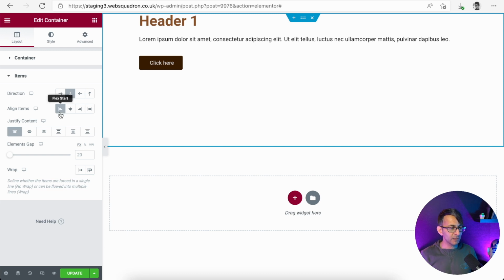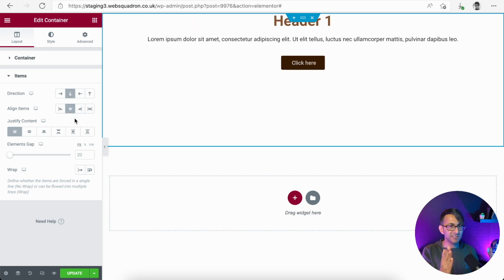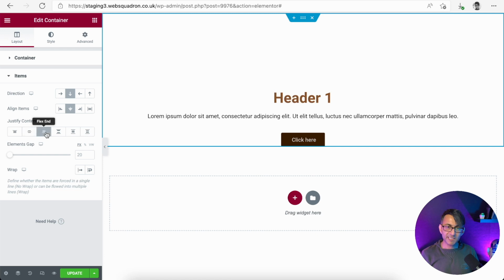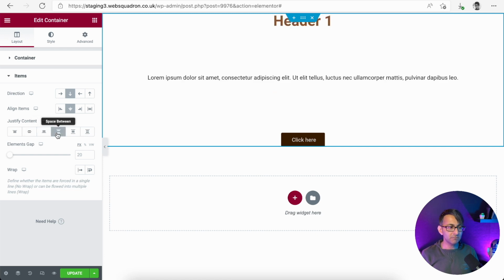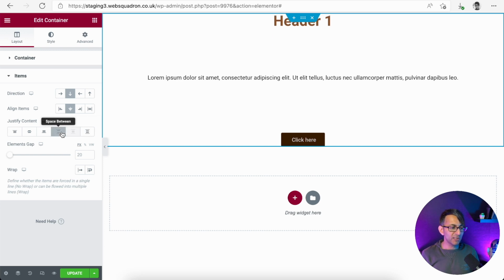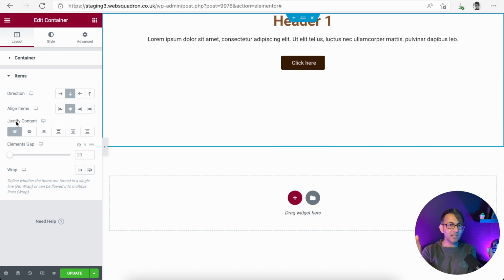So we are currently in a column, and when I align the item, it goes to the center. But we're not in the center of the page. Here's where you would do it with the center there. So that then moves it down. Flex end would take it down, but then you have space between, space around, and space evenly. So if you've got buttons where you always want the button to be in line with other buttons in different containers, space between always works quite well for that. So not only can you align it horizontally, but you can also align it vertically.